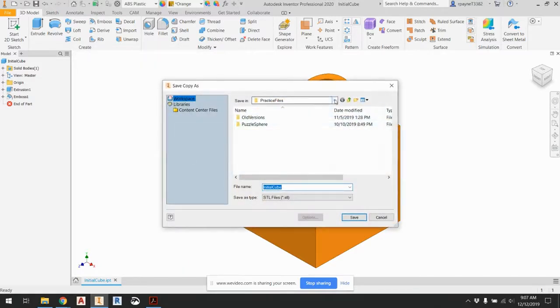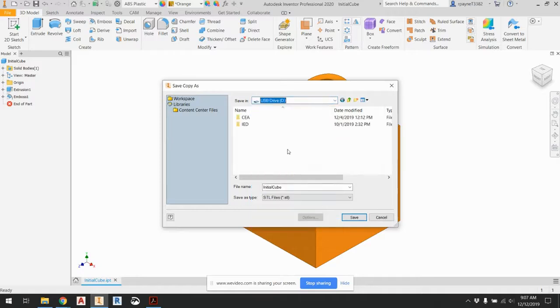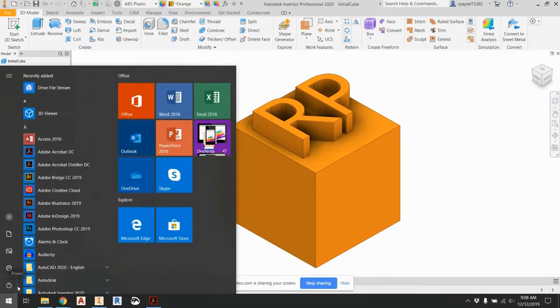And now you want to save it somewhere, on a USB or some drive somewhere. So I'll put mine on a USB drive I have in here. I'll just call it the initial cube, which is what I named the file. Say Save. And at this point, you want to go into the Start menu and type in